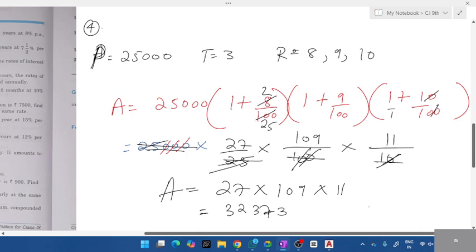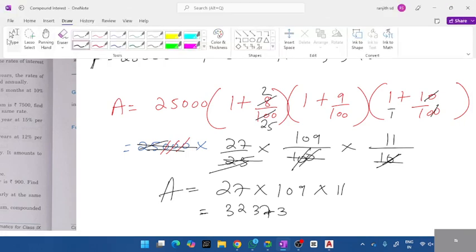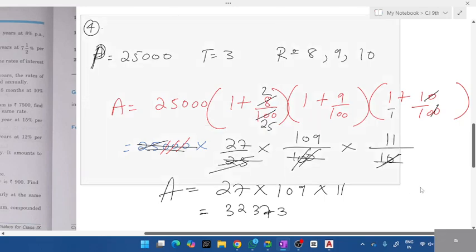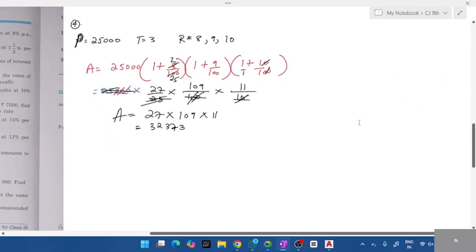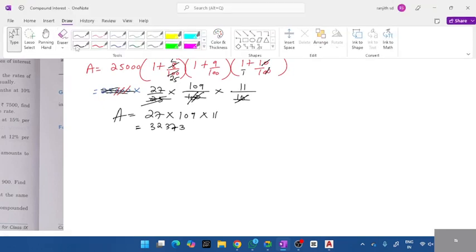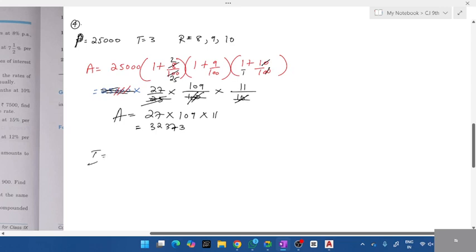Okay, then what will be the interest? See, such a simple question. You have to find amount and interest. If you use the formula, it is very simple to do. Interest is equal to,